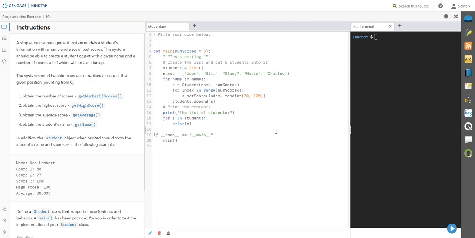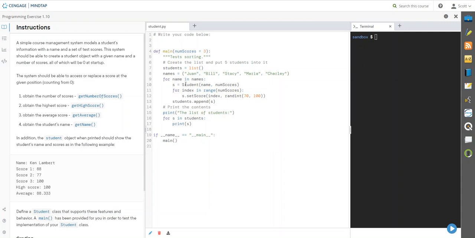Now, they've got this set up in a way that their program's going to do it, but I want to go create a student object so we can create instances of students and have that do the work for us. Now, the way they've got this set up, using this class that I'm going to create, they create a student,